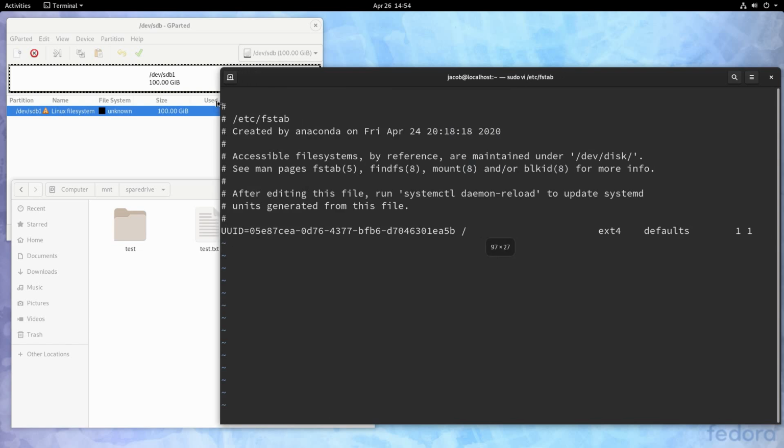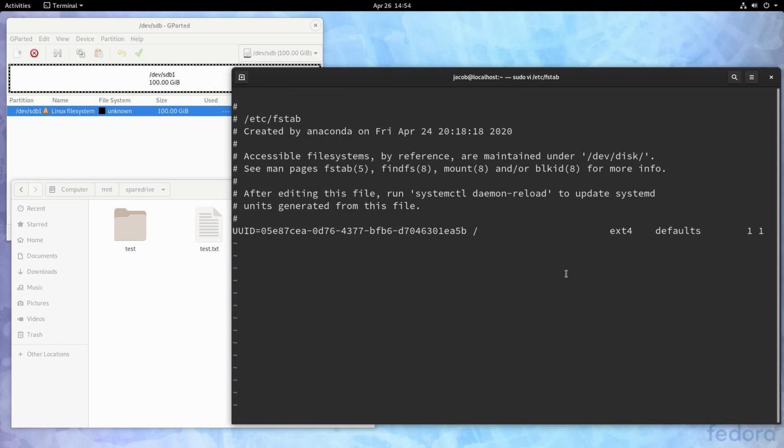And once again, I'm going to make the terminal a little bit bigger so this line is not breaking. So we're going to insert a new line at the bottom of this file. You can see here there was already one line in here, that's our root partition. Your fstab always needs to contain your root partition because that partition is necessary for your system to boot. And you can see that the Fedora installer here automatically used the file system UUID for the root partition, and that's perfectly fine because if you make a new file system on your root partition, it's probably not going to work to boot an OS anyway.